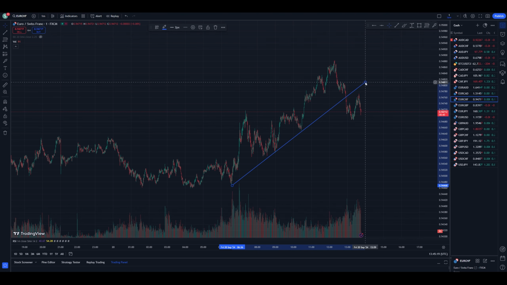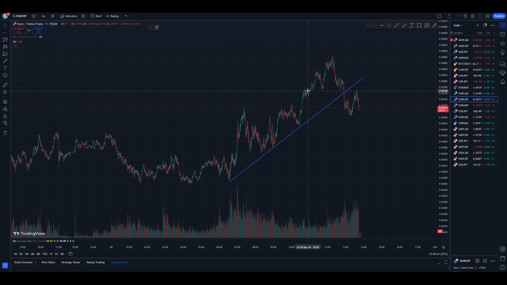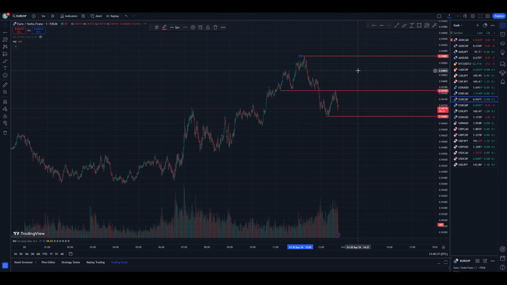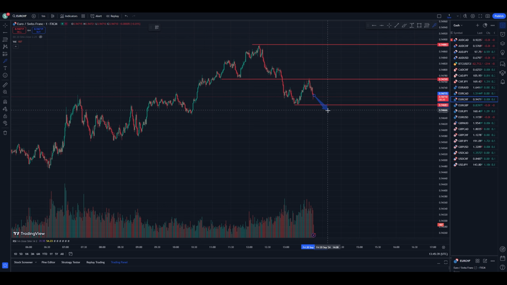For the Euro to Swiss franc, we have an excellent trend, a head and shoulders pattern that has already played out, and now the price is going down, correcting so to speak from our mirror level. It looks interesting, but we missed this situation, so we might work on it a bit later when the lows are updated and already look for a breakout in that direction.